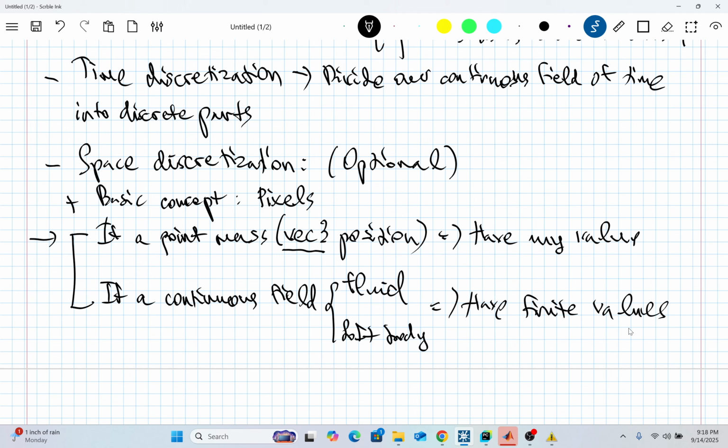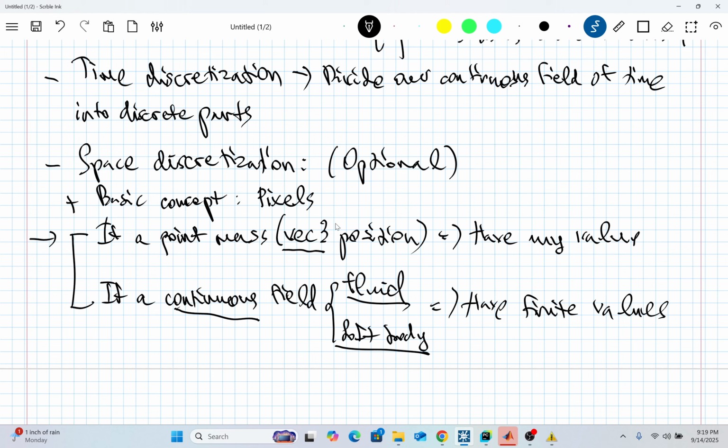Because if you have a point mass, you can move your vector 3 and you just have to update the value of it, right? So you don't have to care about how much space your computer has available. You just update like 1.79, 2.00, you can update any value. But if it is a continuous field, like this, your computer cannot handle infinite points.